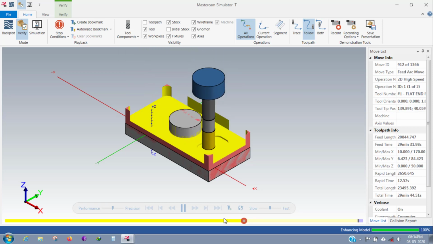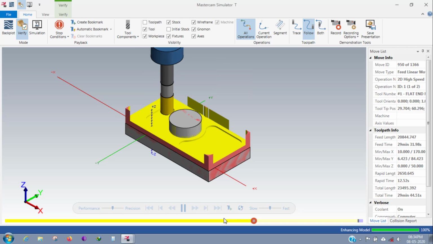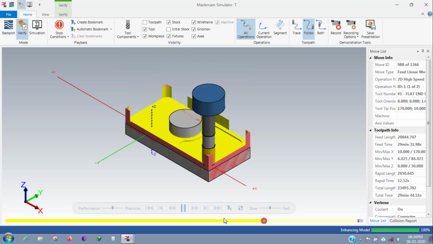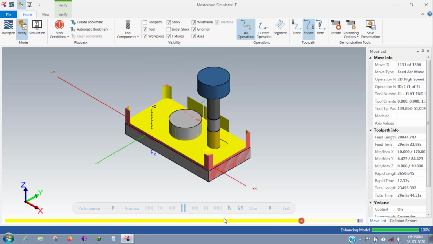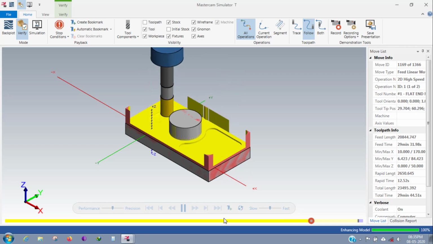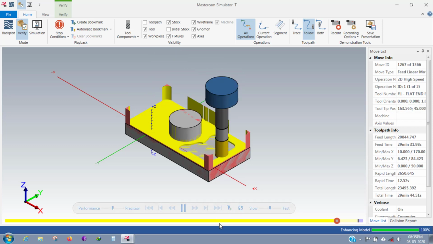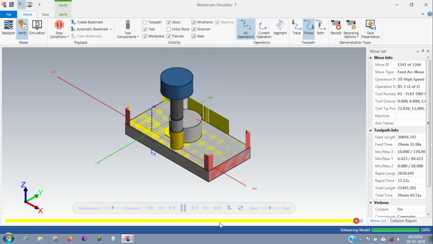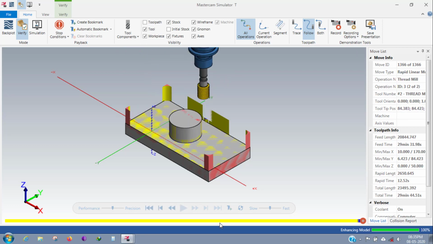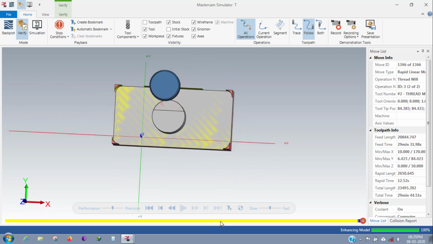The gray color area is the workpiece and the red is the stock. Okay. Now see the threading cycle, how it runs. Okay, if we see from top,